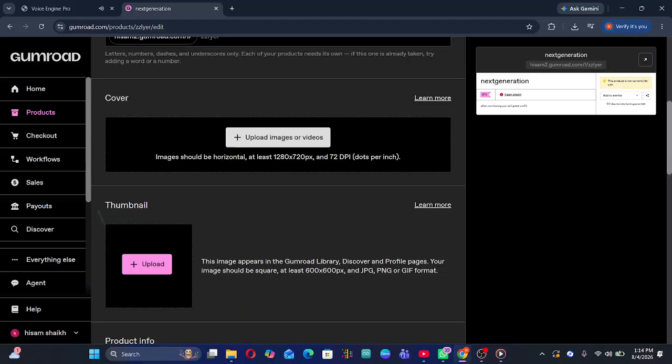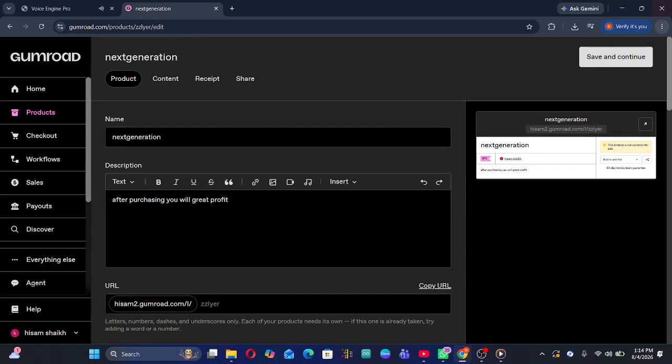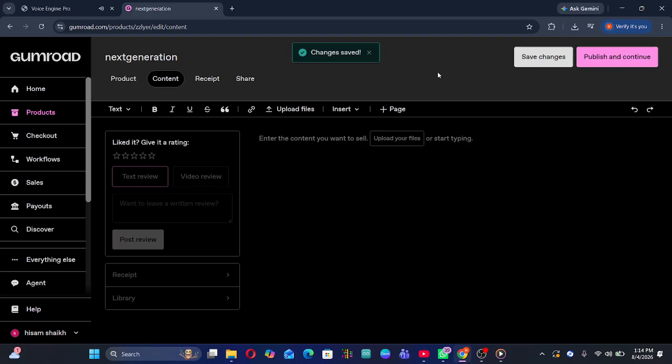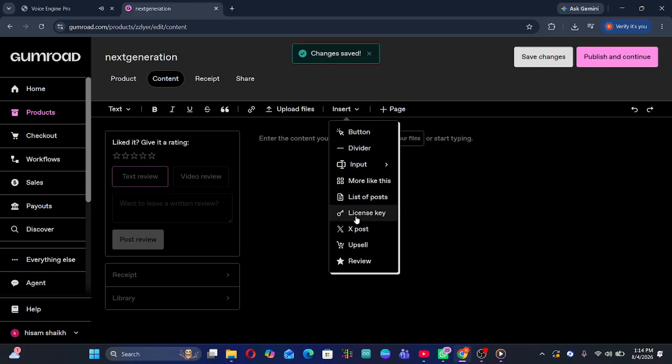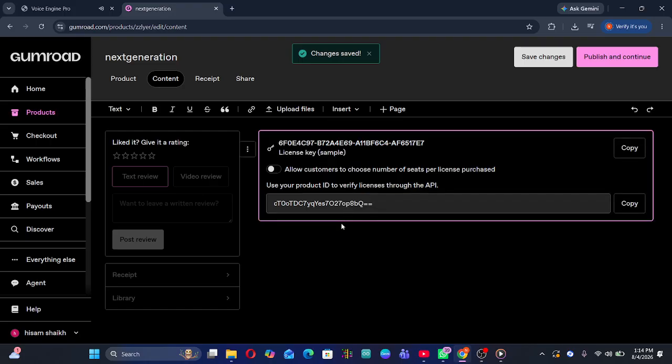Now, here's where it gets interesting. You're going to incorporate license keys. Look for the option that says Insert on the new screen, and if you click that, you should see a prompt related to licenses. Click on License, and you'll get a prompt where you can generate or enter your license